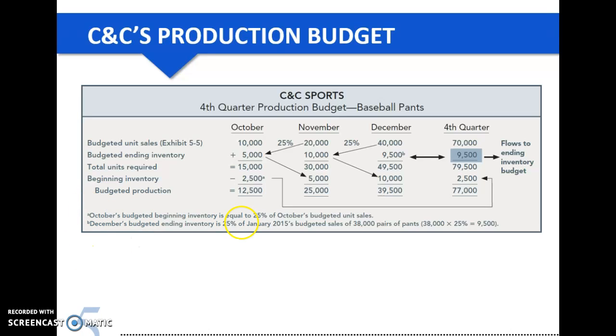Let's look at what percentage you need to follow. Look at the information here. October's budgeted beginning inventory is equal to 25% of October's budgeted unit sales. So that's about the beginning inventory. December's budgeted ending inventory is 25% of January 2015's budgeted sales of 38,000 pairs of pants. Alright, so which means that in the budgeted